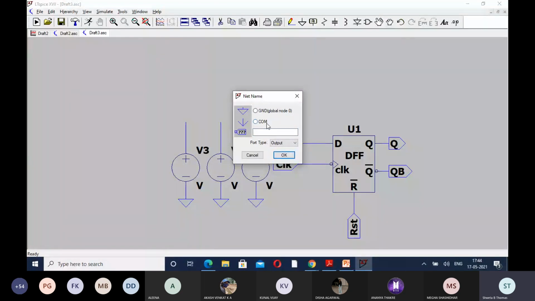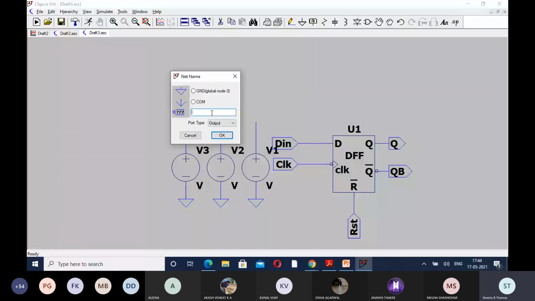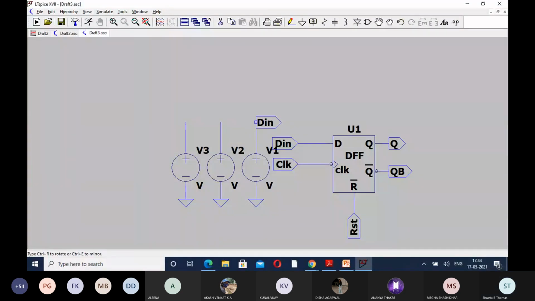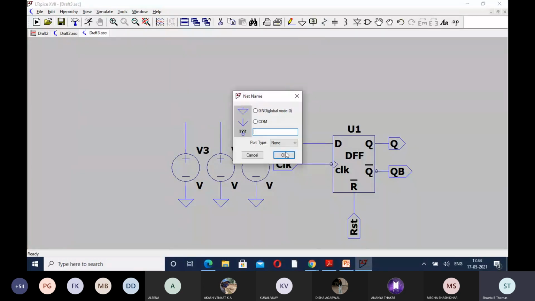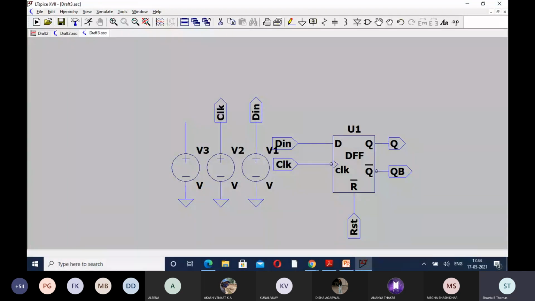So first I am giving, what is the name? Let me cross check. This is D input. Second, we will take CLK, clock. The last one is reset.